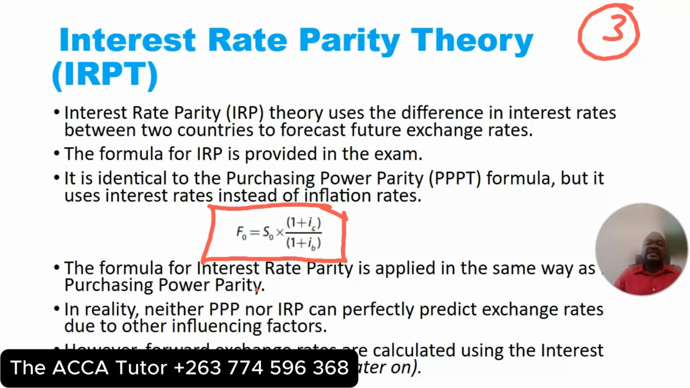In reality, neither the PPP or IRP can perfectly predict exchange rates due to other influencing factors. Right? There are other influencing factors like those which we've talked about, the balance of payment, and so forth. There are so many things that happen in an economy: wars, cyclones, natural disasters, pandemics. All those affect the performance, or the accuracy, of these theories. Okay,